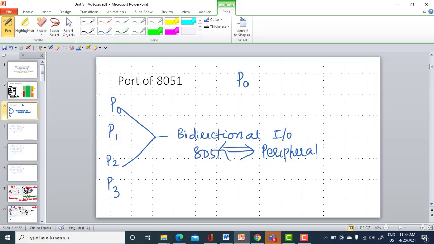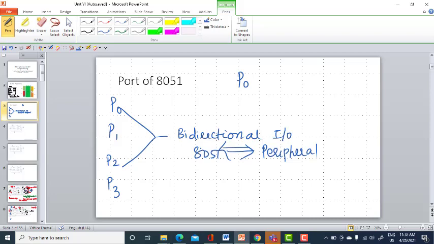If it is an input port, the peripheral may be your keyboard. You can even connect your phone to the internet through your GSM or Bluetooth, and via Bluetooth also you can send your data. So, 8051 will support that.